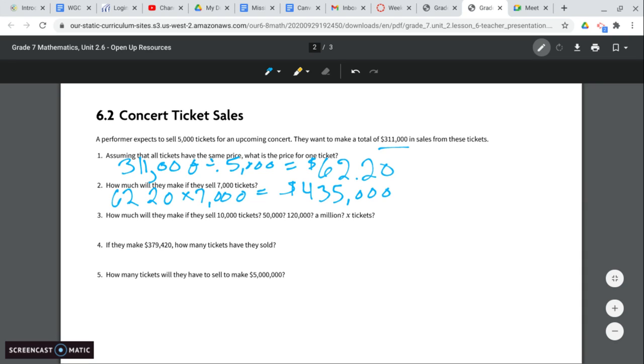What if they sell 10,000 tickets? Taking the 62.20 times 10,000, that's going to get us 622,000. If it's 50,000, that'll get us $3,110,000 on all of these. If they sell 120,000, lots of tickets, obviously, multiply that by the 62.20. We're going to have 7,464,000. If they sell 1,000,000 tickets, it's going to be